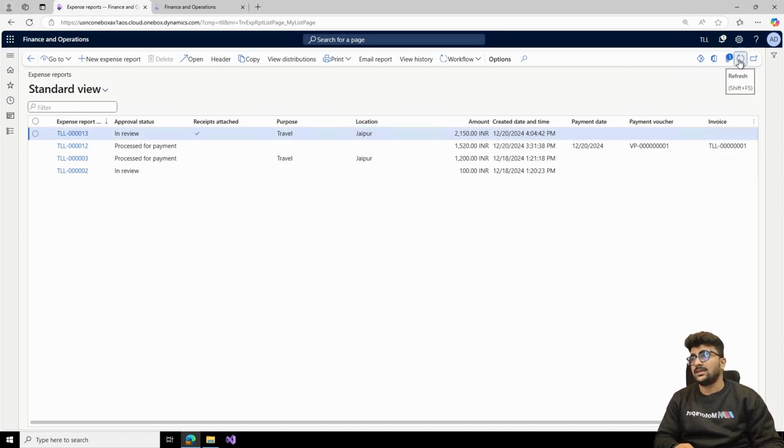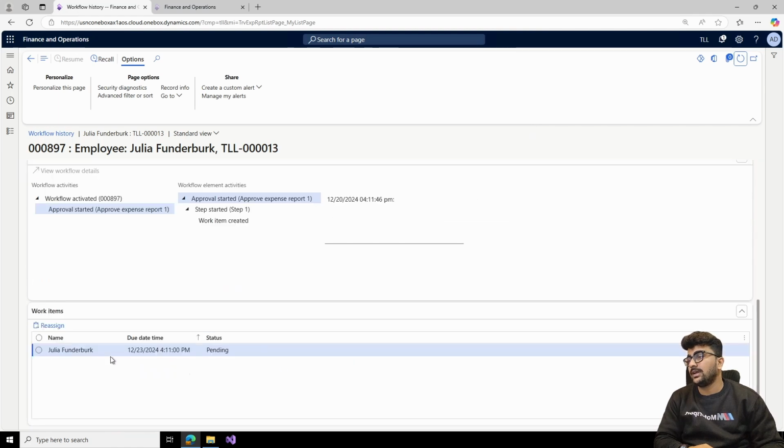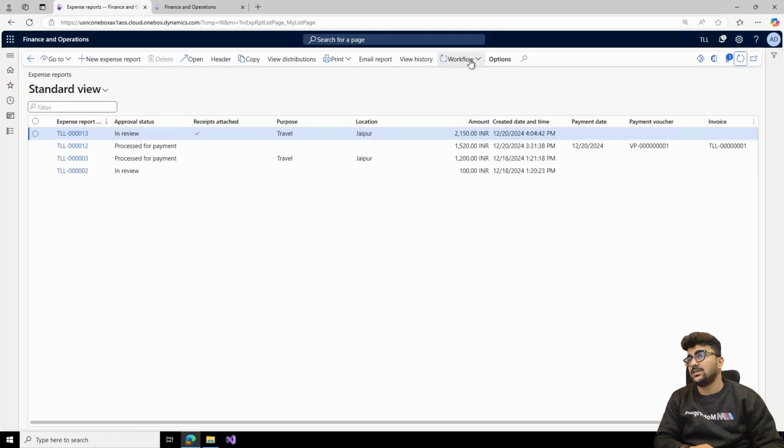Now let's wait. I will check the workflow history. Click on view history. Now workflow is not yet started. So let's wait for some time, and we will jump after the workflow is started, and we will see how to approve this expense report. Now the workflow is started, and it is mentioned on my ID, which is Julia's ID. I will go back, I will refresh this, and you will see workflow. I have approve, reject, and delegate button. So I will be approving this expense report,